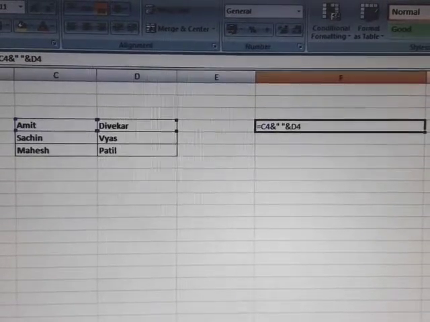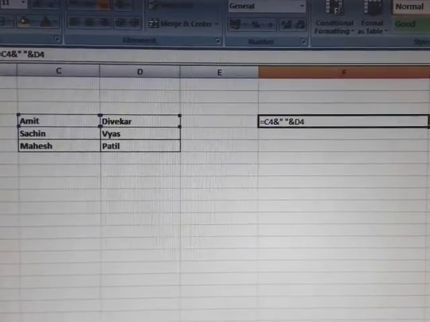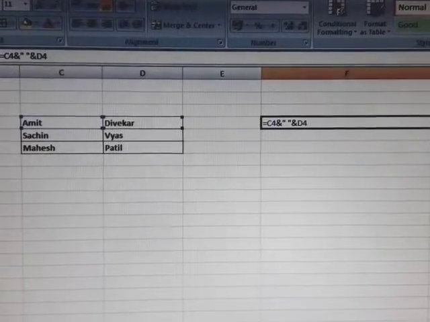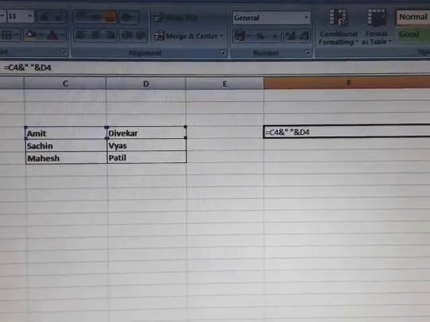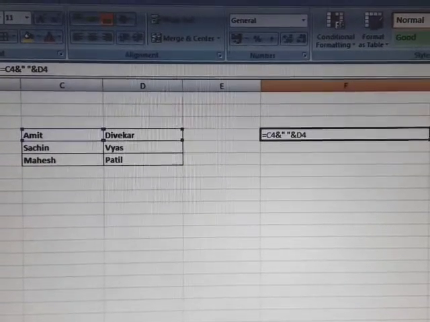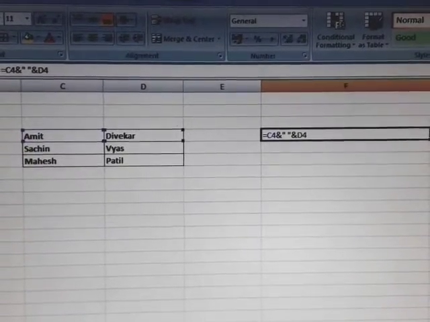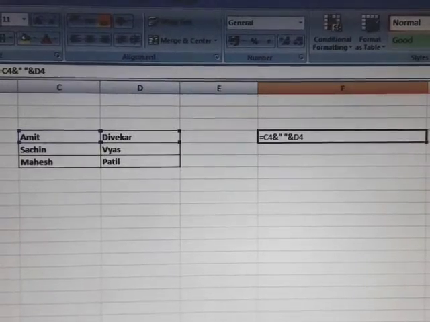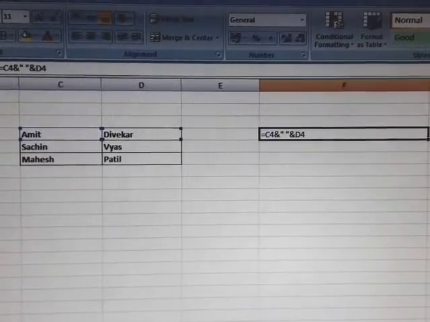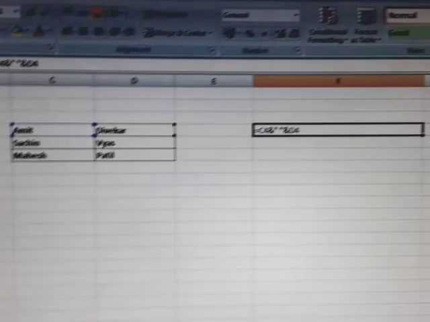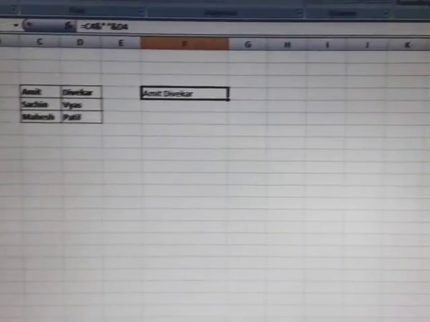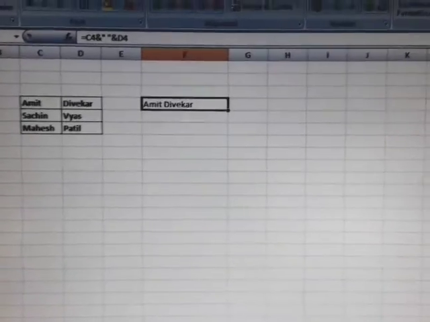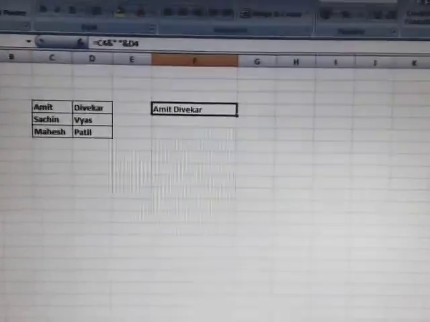Similarly, if I apply the same formula on the C5 D5 data and C6 D6 data, the outputs will be Sachin Vyas, Mahesh Patil. So let us see this. Just observe now. Yes, you can see here Amit Divekar is the output.